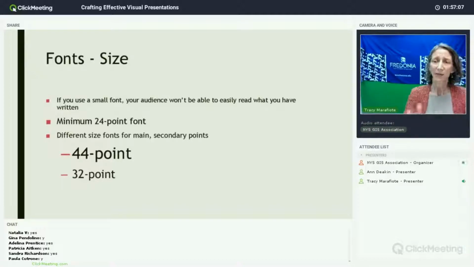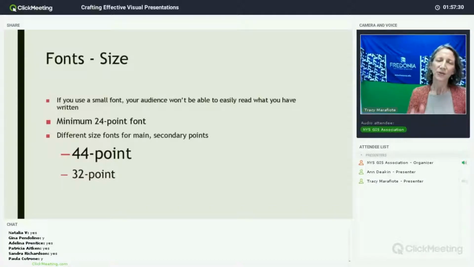You want to make sure that if somebody is looking at this presentation on their phone, are they able to see and read what I have written in terms of my text? Or if I'm presenting it in a classroom or an auditorium, sometimes you're not sure what the size of the room is. You want to make sure that it's going to be easily readable from the back of the room.